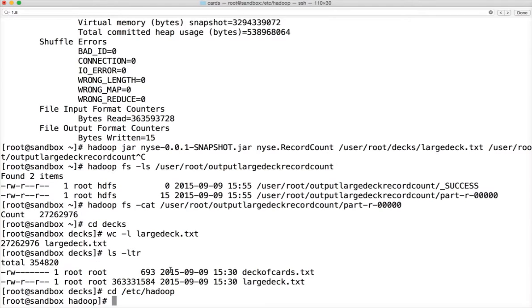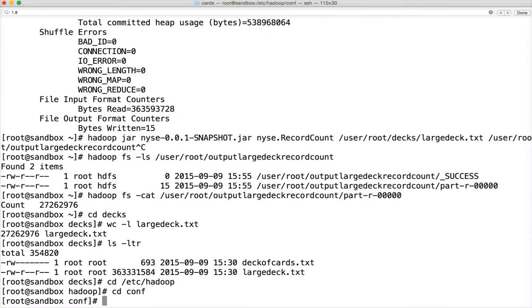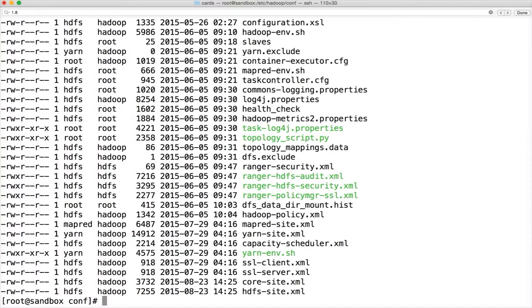But forget about all those things now. Hadoop related parameter files will be under /etc/hadoop, and there is another subdirectory called conf, and you can do ls -ltr,